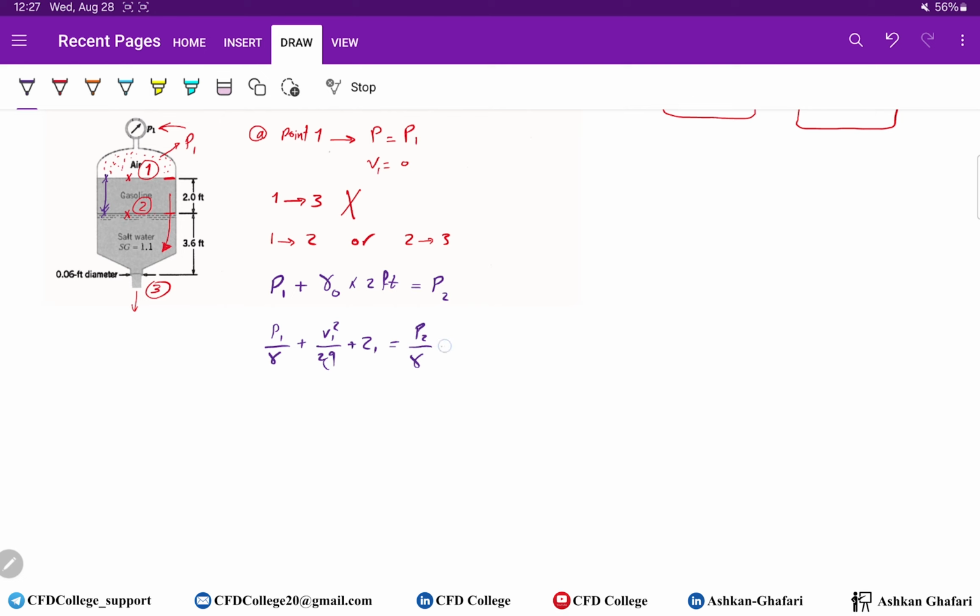P2 over gamma plus V2 square over 2G plus Z2. Okay, as I mentioned here at the interfaces, we don't have velocity. Velocity is 0, so this term is 0 and this term is 0. And if you put